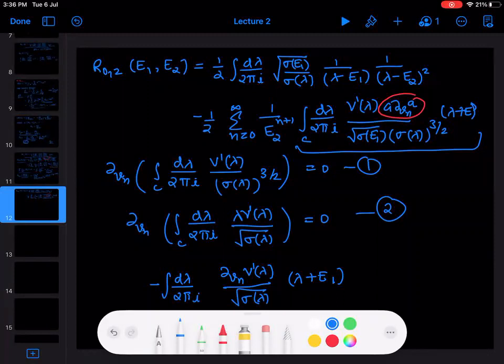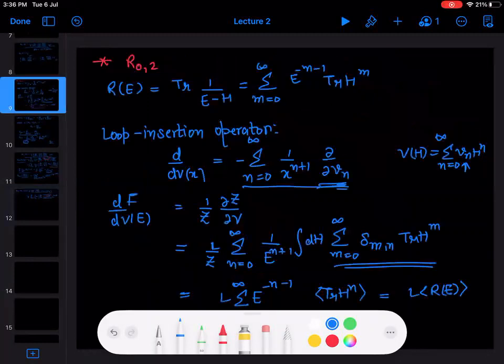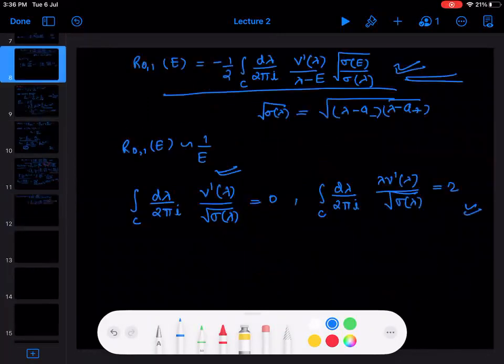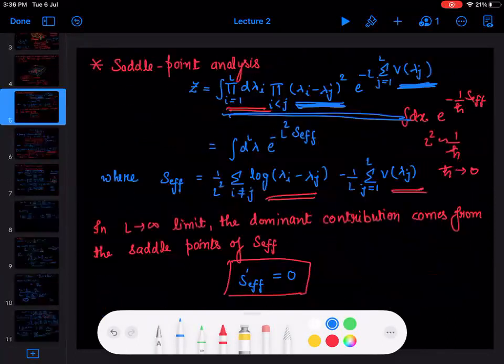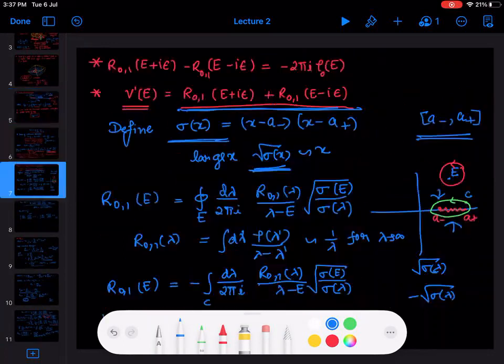I have not done this analysis for any other ensemble, but in the case of other ensembles this factor of 2 here changes to beta. Is the square root also coming from that? Okay, this square root is